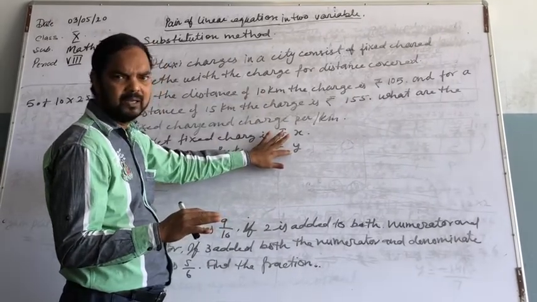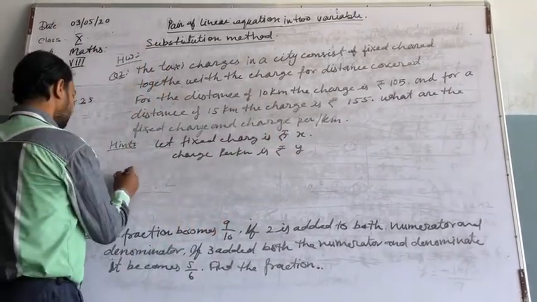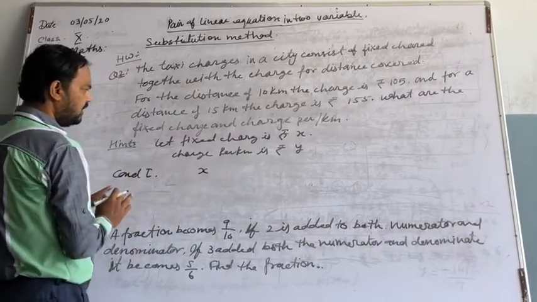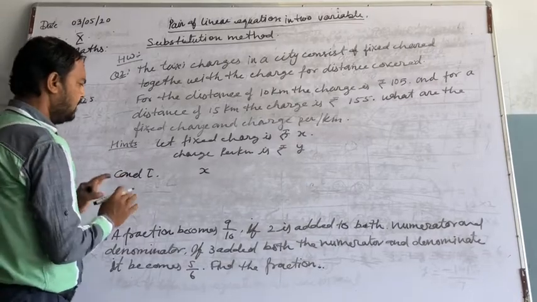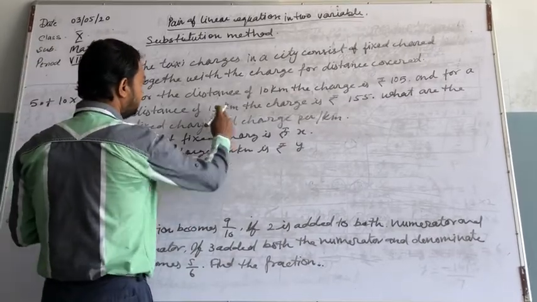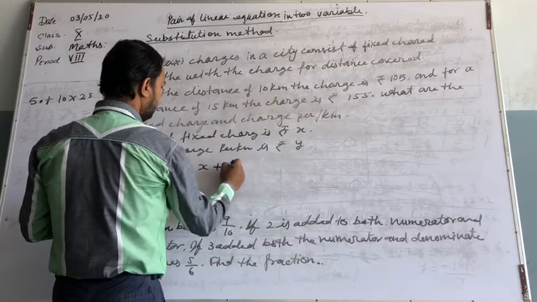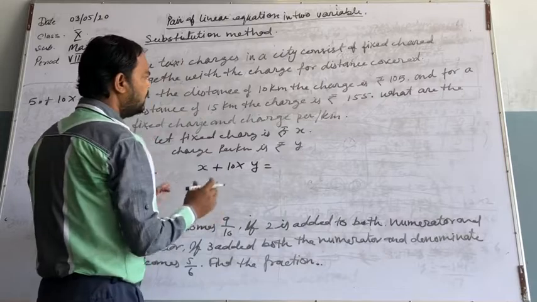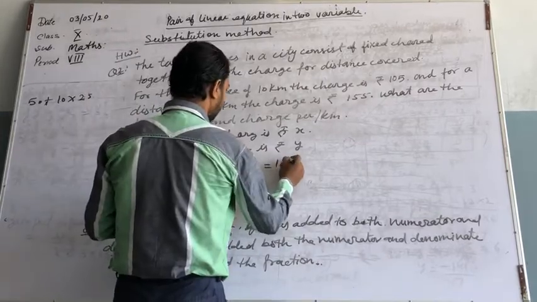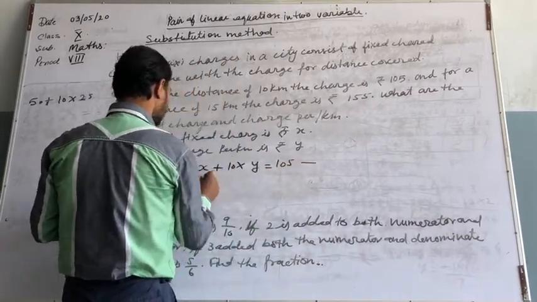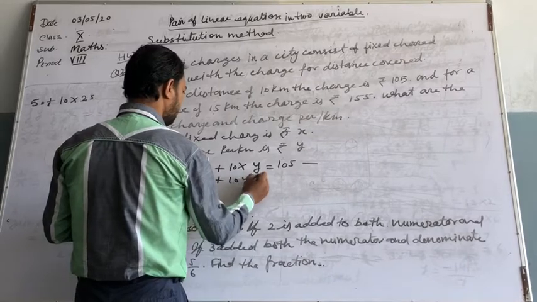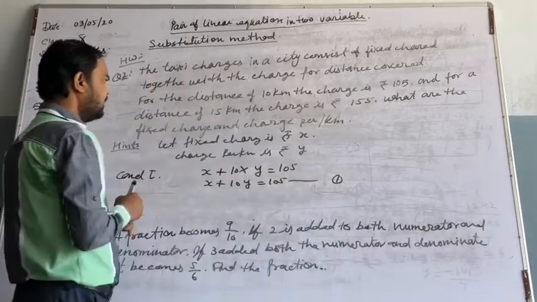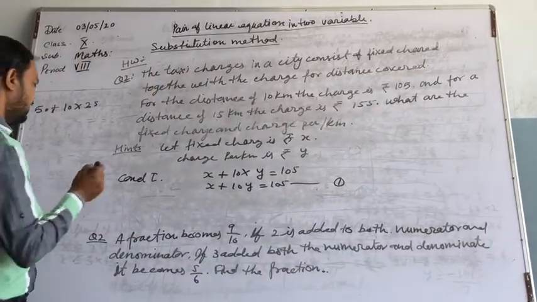10 किलोमीटर कवर करते हैं, रेट है आपका Y। सो कंडीशन फर्स्ट इज X आपका फिक्स चार्ज हो गया, राइट, आपने हायर कर लिया, और आपको क्या देना है, फर्स्ट कंडीशन में आप कितना कवर कर रहे हैं, 10 किलोमीटर, किस रेट से, Y के रेट से। इस तरह से टोटल कंप्लीट चार्ज इज 105। सो दिस इज योर द फर्स्ट इक्वेशन, X + 10Y = 105, इक्वेशन नंबर 1, राइट। इन द सेकेंड केस, in condition second,